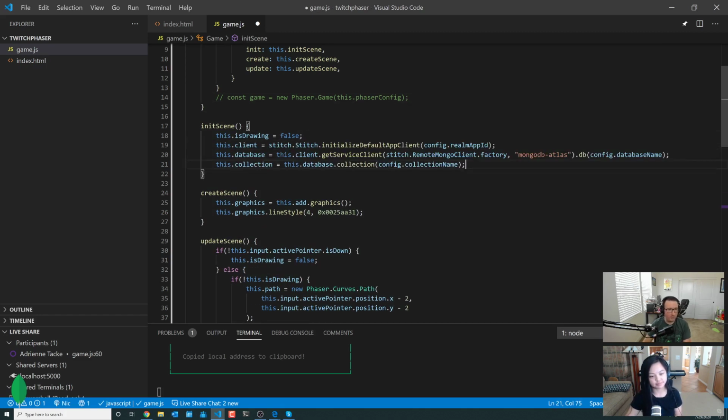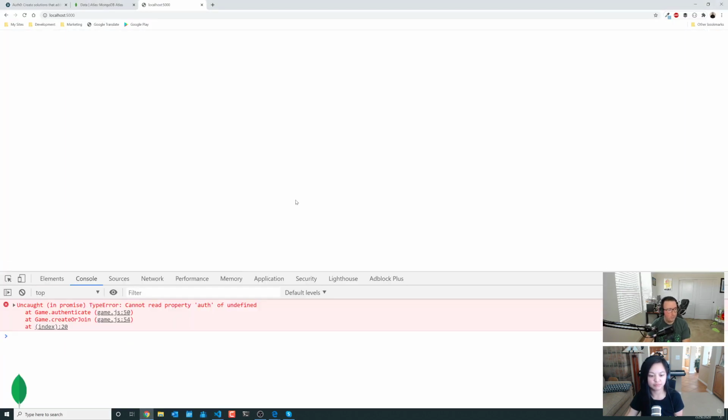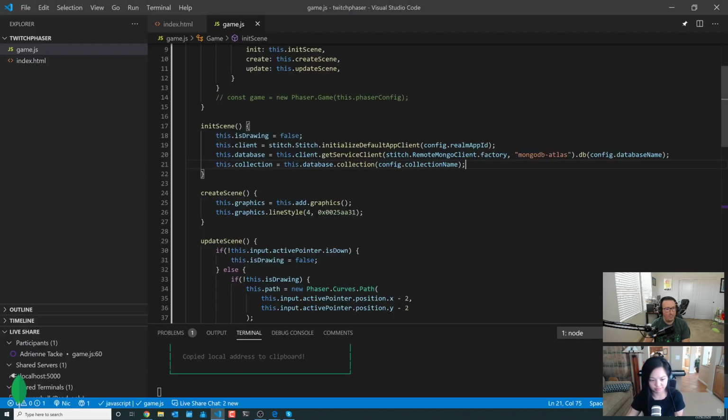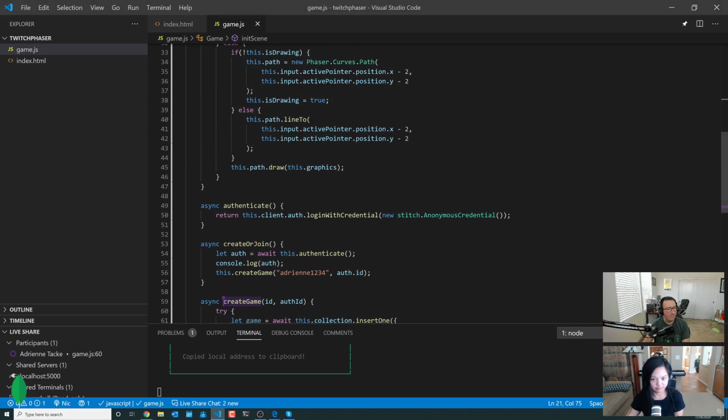Yeah, JavaScript scoping always messes with me. Let's try that. That makes it even worse. So let's go ahead and see. Can't read property of auth on line 50? No, it's on client. Oh no, it can't access it inside the non.